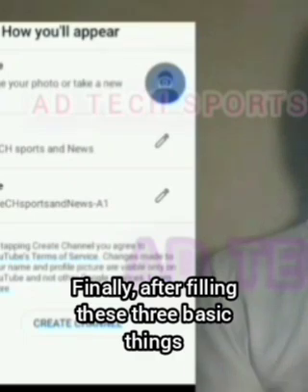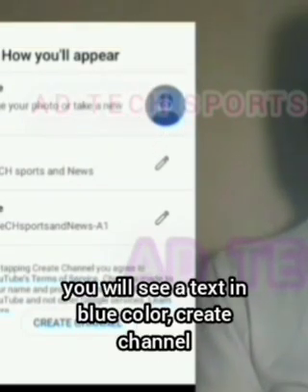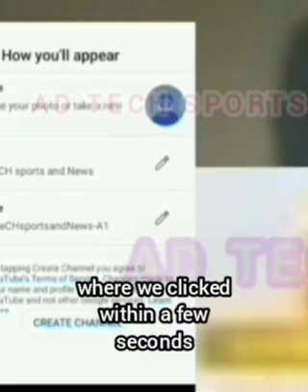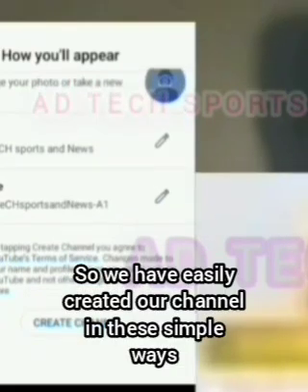Finally, after filling these 3 basic things, you will see a text in blue color, Create Channel. We will click on it once. When we click on it, it will rotate in the place where we clicked. Within a few seconds, Channel Created will be shown. So we have easily created our channel